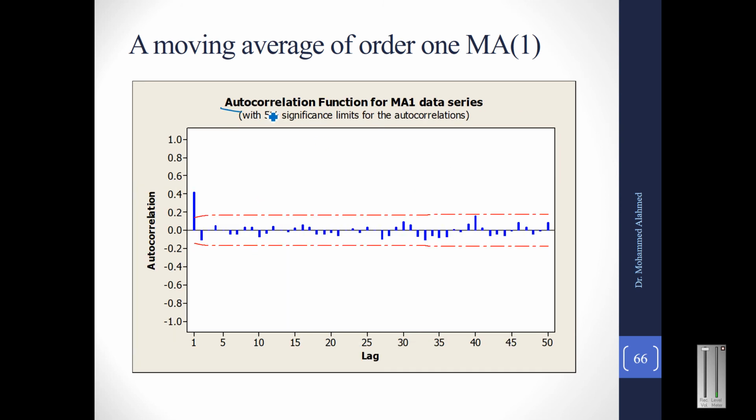Now you can see the autocorrelation function, right? For the MA1 model, whenever you're trying to see the MA component, you basically look at the ACF, right? You can see the ACF here has one significant value and all other values are within the 95% interval, making them statistically insignificant, right? So for the MA1 model, you have only one value which is statistically significant.